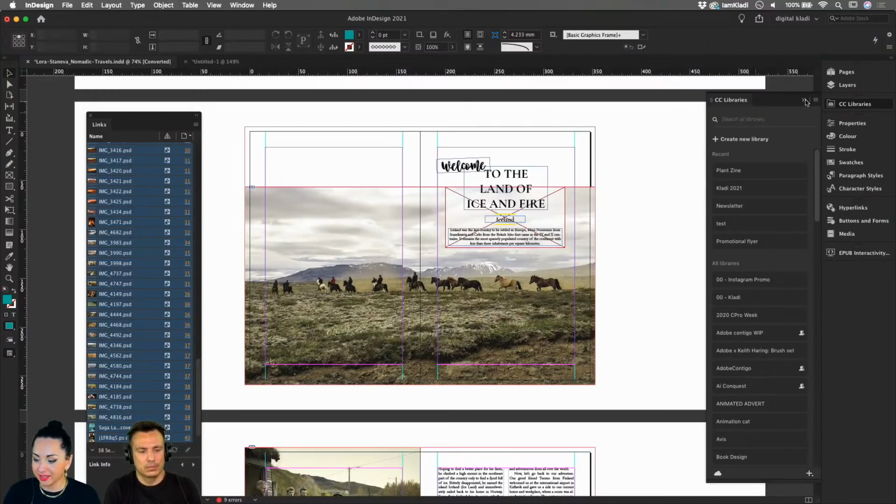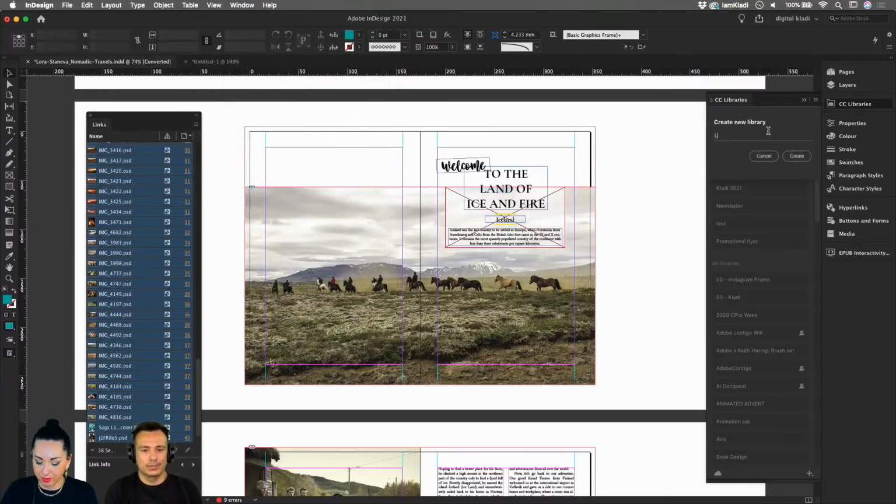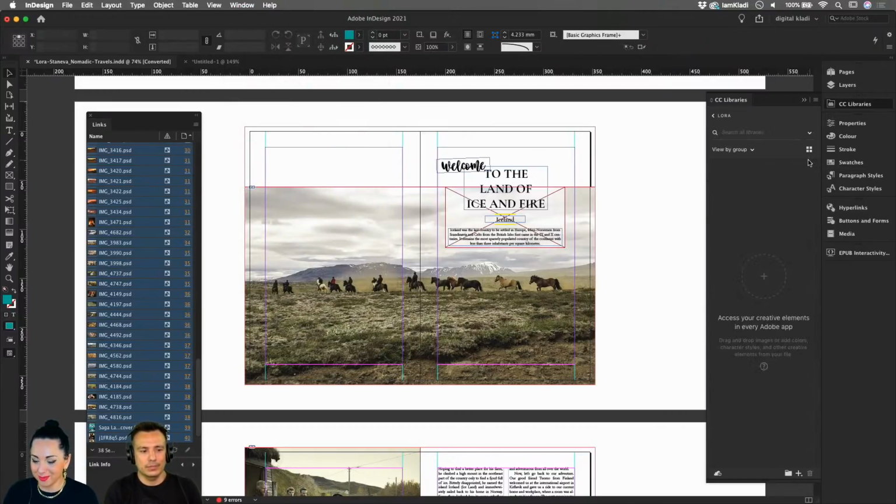Something that I haven't tried that I really wanted to do here with the images is to go into my library, and I'm going to create a new library by clicking on Create New. And by the way, anytime that I talk about any of these panels, if you do not find them in your workspace, remember all the panels inside the Creative Cloud apps live under the Window menu at the top. So choose Window and then select any panel that you would like to see. In this case, CC Libraries is the one that I'm working with. And from here, I'm going to call this one Laura, because I know that it is Laura's projects.